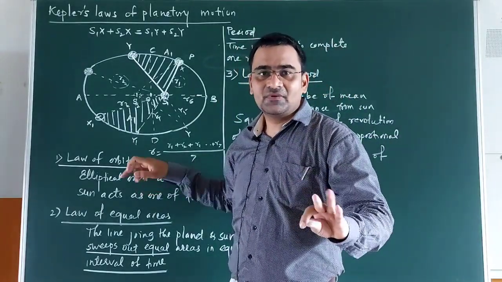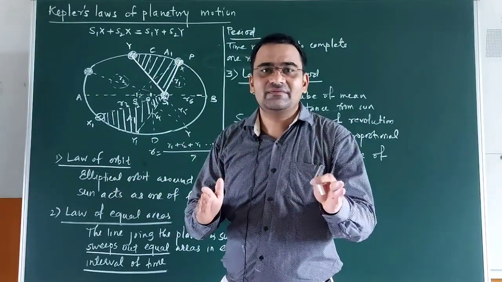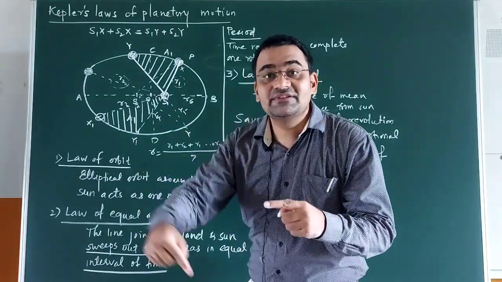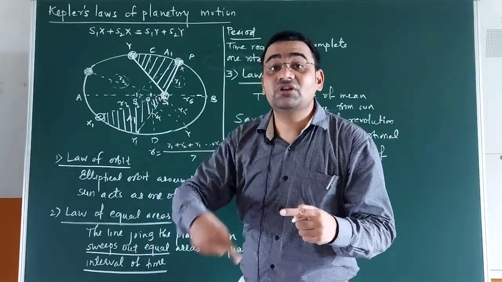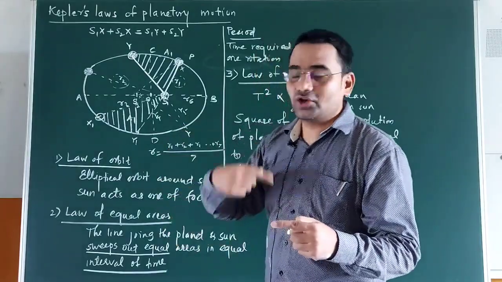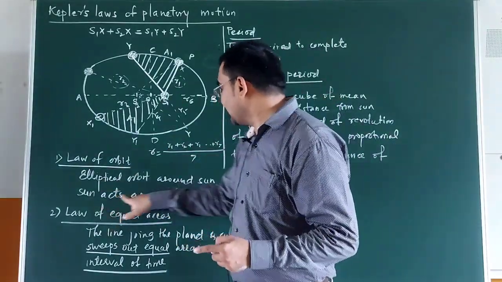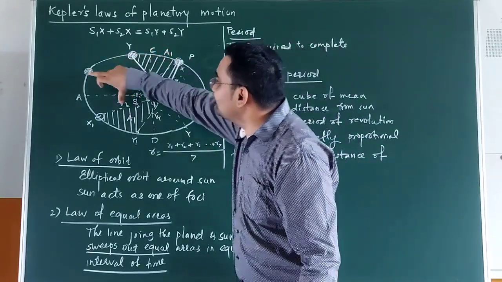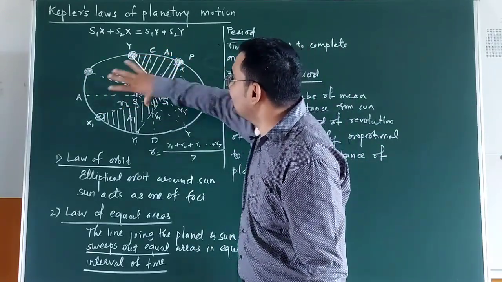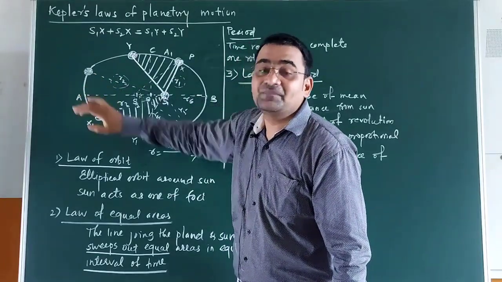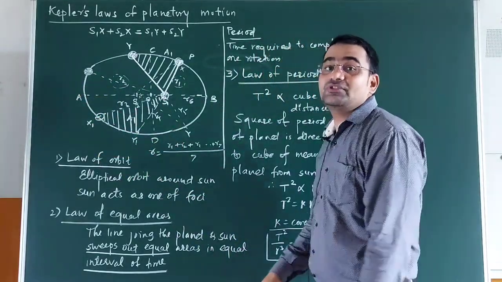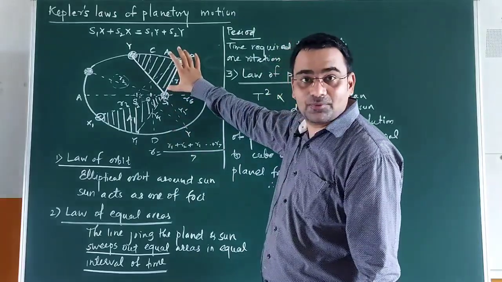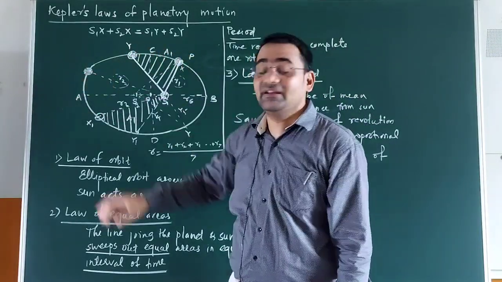In a very simple way, we can say that every planet is revolving around the sun, but that orbit is not circular, it is an elliptical orbit, where the sun acts as one of the foci. Because of this, the distance of that planet from the sun always varies. Sometimes it is near, sometimes it is away from the sun. So these distances are called apogee and perigee. Smallest distance is apogee, longest distance is called perigee.